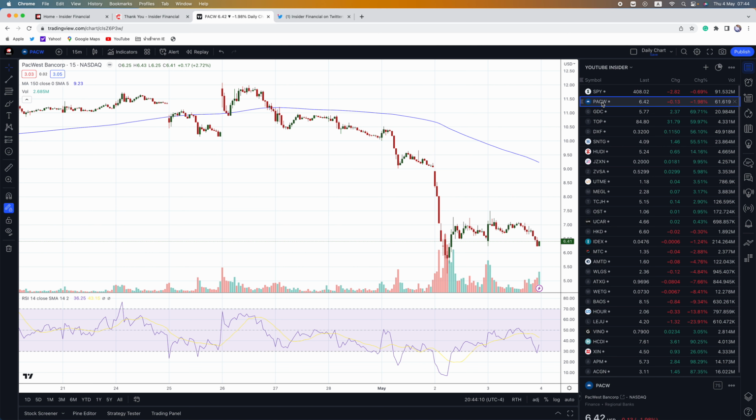Jeffrey Gundlach, CEO of DoubleLine, saying there likely won't be a respite for the embattled regional banking sector until the Fed cuts rates. Leaving rates this high is going to continue the stress, Gundlach said on CNBC's Closing Bell. I believe with a very high degree of probability that there's going to be further regional bank